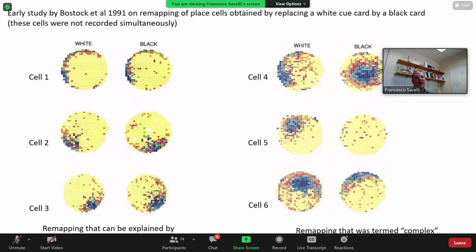So this is now remapping to this rotation. So this was called complex remapping. So there is a remapping, like the place cell map changes. Remember the place cell map, you can think about like there are so many place cells. One fires here, one fires there, one fires here, one fires there. That covers all the environment. But now, if you do one manipulation like this, these place cells change